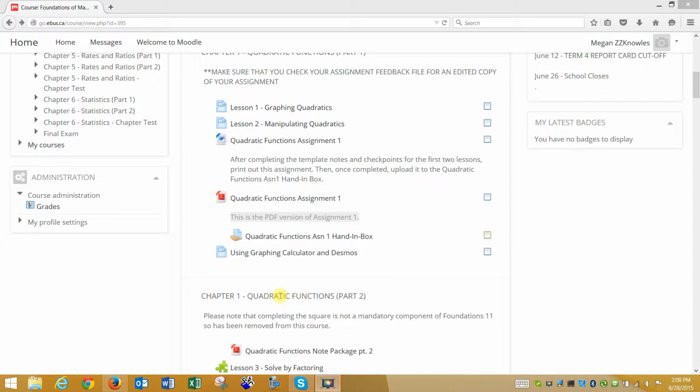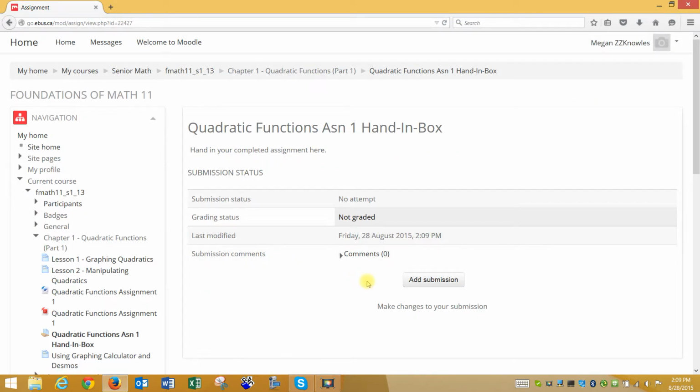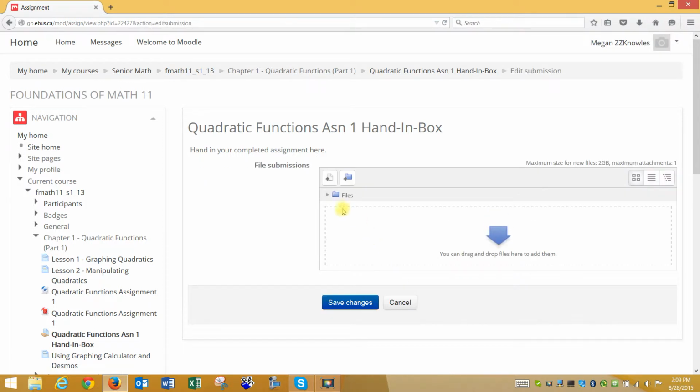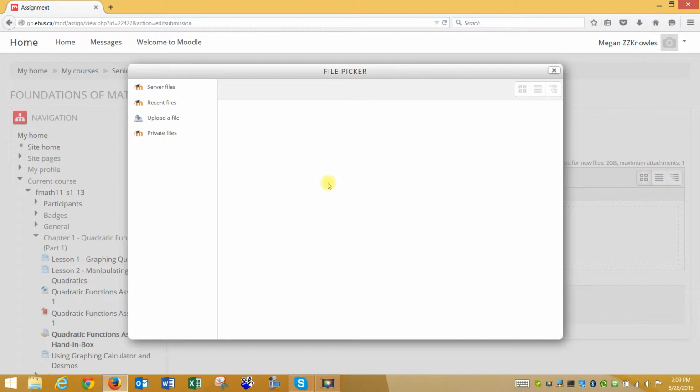So directly underneath the assignment, I'll always see the hand-in box associated with that assignment. So the first one is called Quadratic Functions Assignment 1 Hand-in Box. So when I click on it, I'm now able to add a submission. So I'm going to go ahead and do that now. You go to this little plus icon for Add, choose to upload a file,